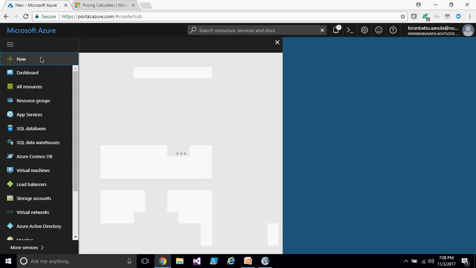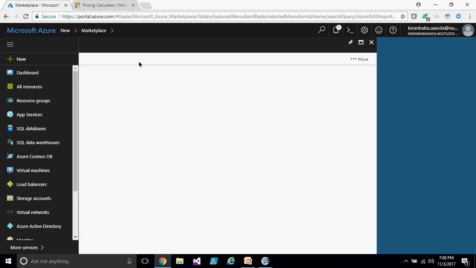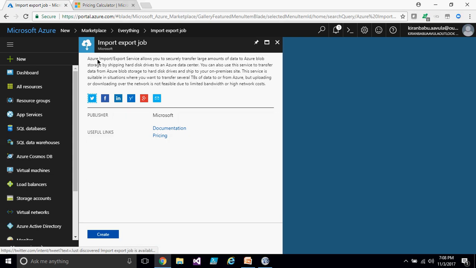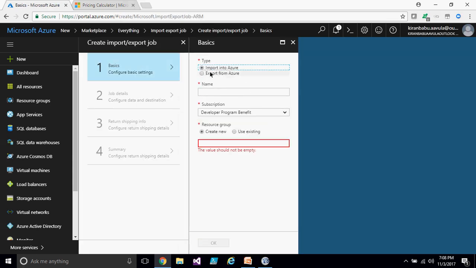Yeah, offline backup, right? I'll just show you how to create that. So if you go to, yeah, so this is the option, import export job. So if you want to do an offline backup, first you have to create an import export job in the portal. So what do you want to do? You want to import into Azure. You'll say my something, my company, and then